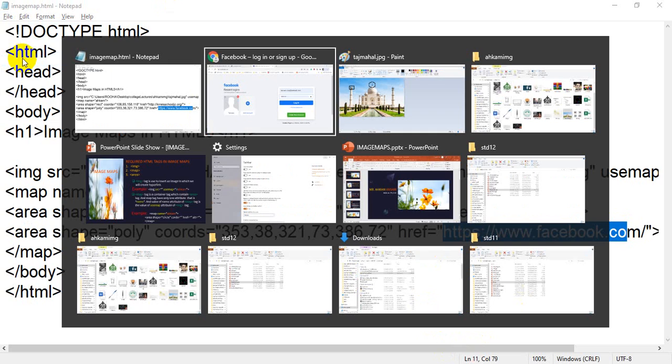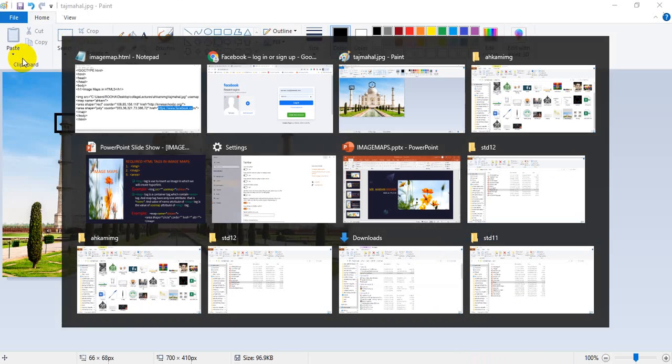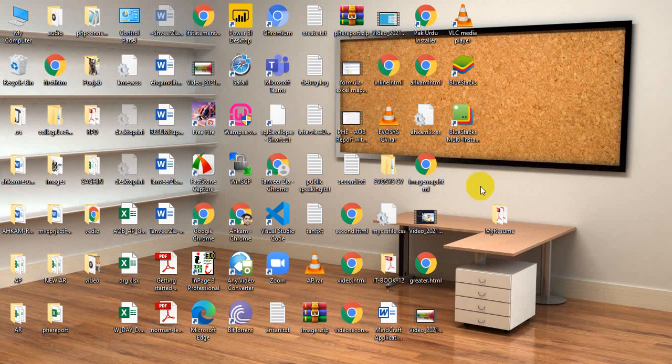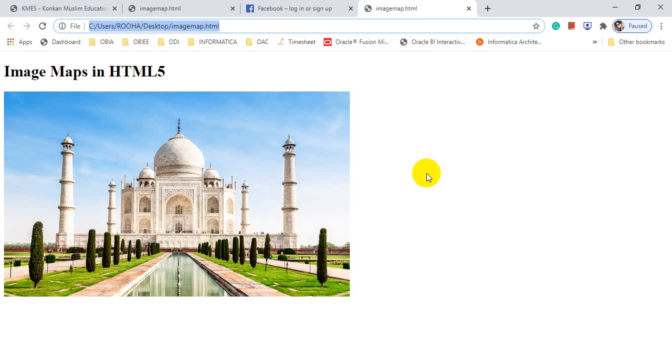Okay, flip back to your browser. So this is image mapping. Okay students, so finally we have created it. Now when I move my cursor to that particular hotspot, you will notice that the school name is showing, but when I move to that particular location, see my cursor has changed to a link. It is showing facebook.com. If you want to check, click on the tab button. So this is the first link, the first hyperlink or first hotspot. Now when you click on that tab, you will get this one.